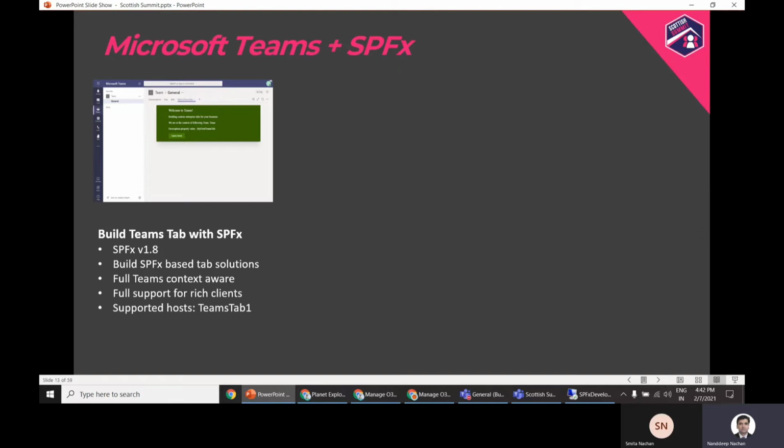So let's see the three types of solutions that we can build using SPFX for Microsoft Teams. The first one is building the Teams tab with SPFX. With the release of SharePoint Framework version 1.8, Microsoft introduced the possibility to build tabs in Microsoft Teams using SPFX solutions, which means any of your SharePoint Framework solutions can now be easily ported to Microsoft Teams without any need for external services. And the values specified in the supported hosts property decide how the user will be able to work with